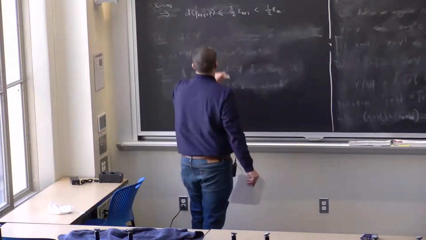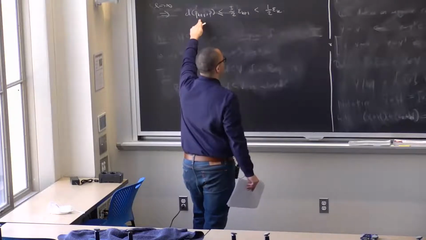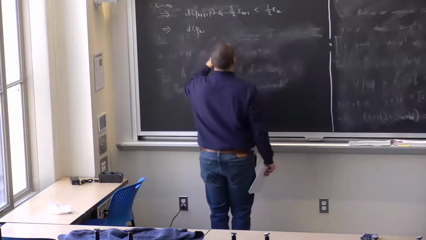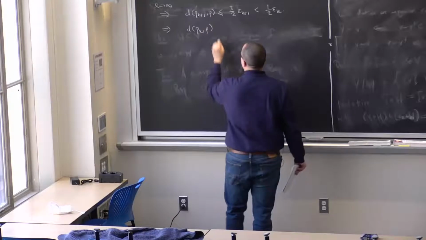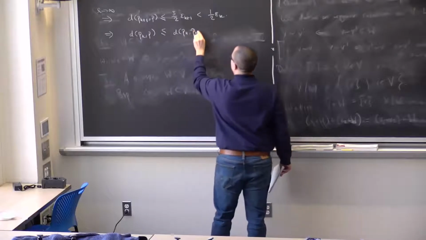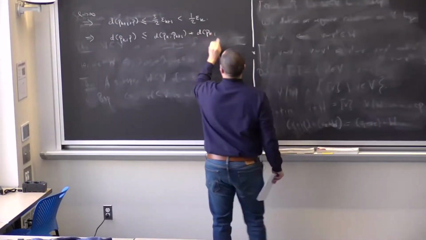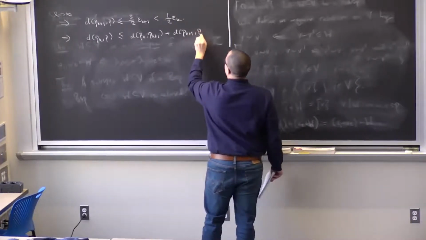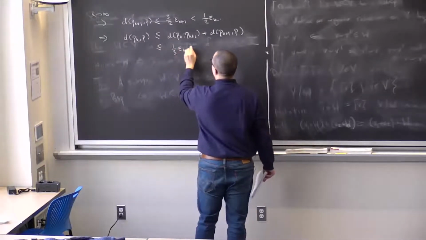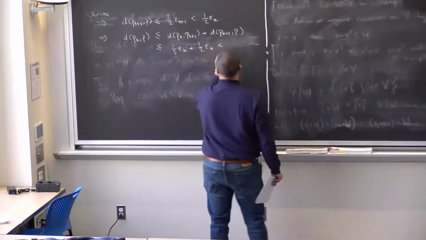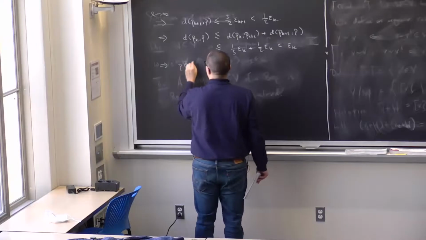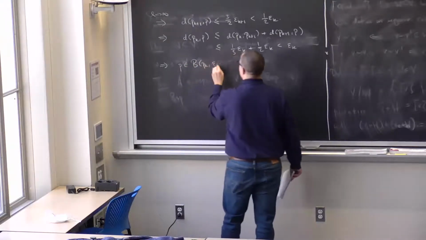And since p k plus 1, remember, is in the ball of radius 1/3 epsilon k, I get that the distance between p k and P is less than or equal to the distance between p k and p k plus 1 plus the distance between p k plus 1 and P. We get this is less than or equal to 1/3 epsilon k plus 1/2 epsilon k, and this is less than epsilon k, which means that P is in the ball around p k of radius epsilon k,